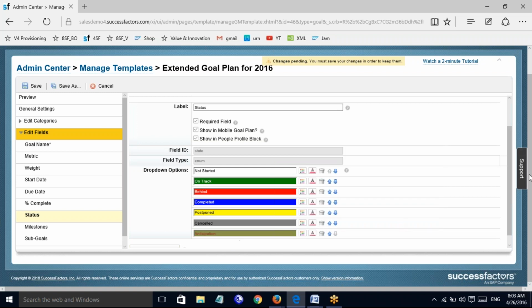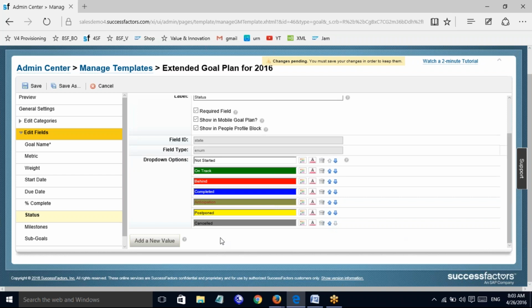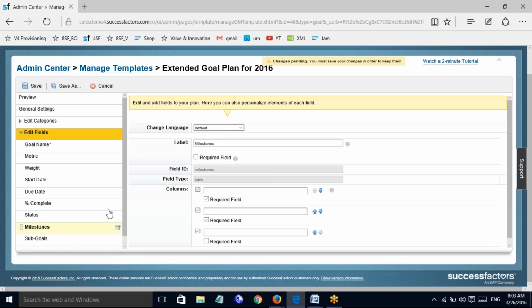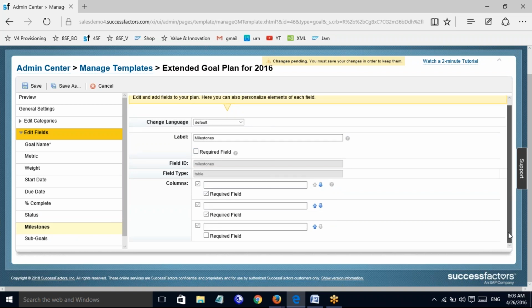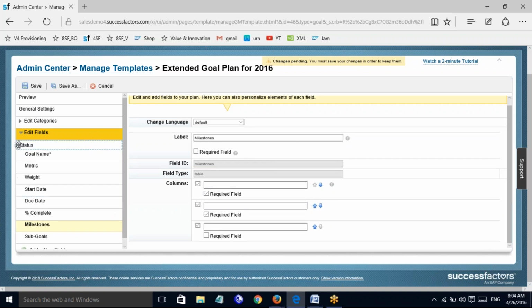You can see that you can just add, and you can also change the sequence. There are a lot of things that you can add and do whatever you want. In the same way, you can also work on each of the milestones, whether it is required columns and milestones. You can see whether it's a required field and so on. In the same way, you can change the order of these fields as well.